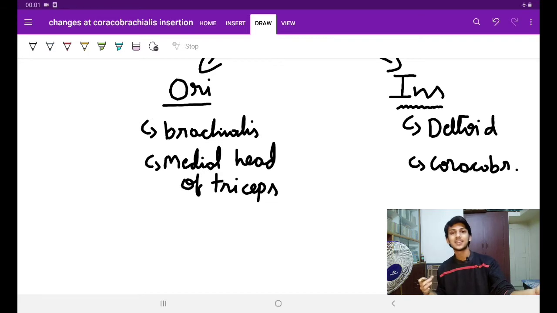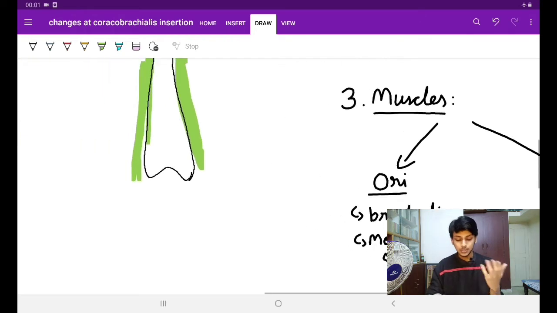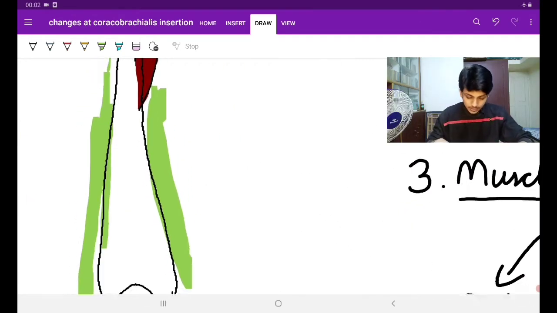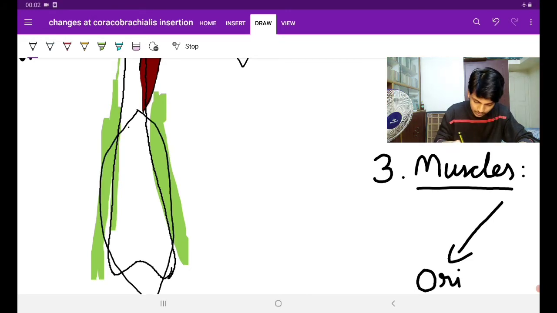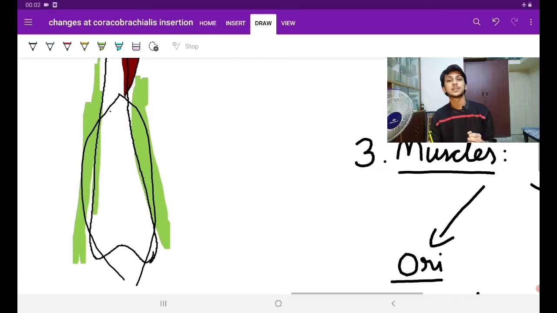Which are the muscles taking origin? There is a beautiful muscle, brachialis. It's taking origin below the level of insertion of coracobrachialis from the anterior part of the humerus and the medial and lateral intermuscular septa anterior part. Anterior part, not exactly the anterior border, the anteromedial surface and anterolateral surface of humerus. So it is taking origin from there now. It is starting somewhere here. See here? It is taking origin like this. So the brachialis muscle is present there.